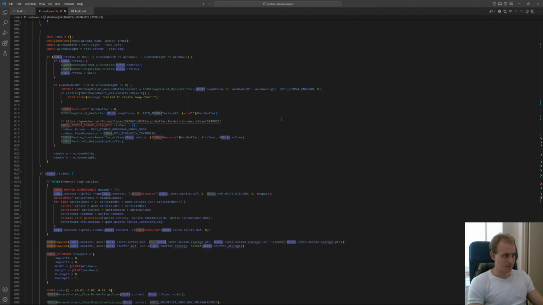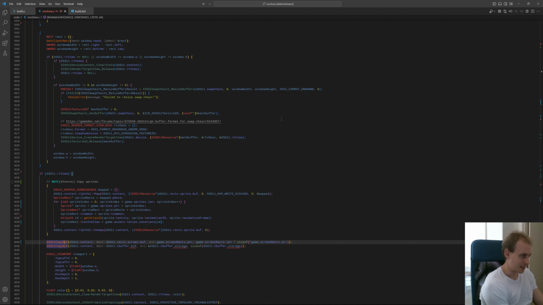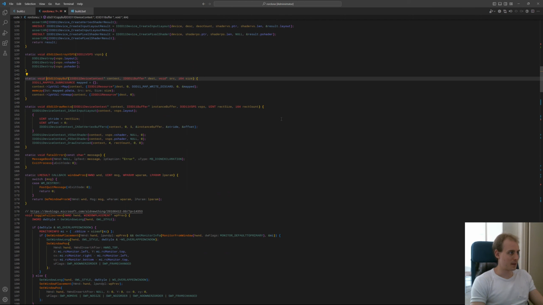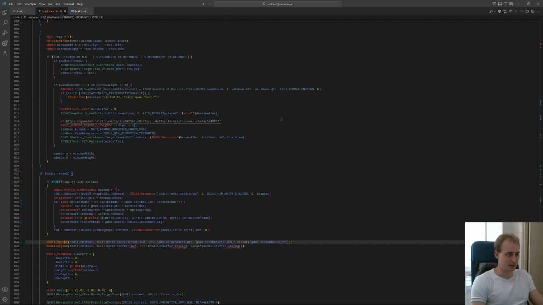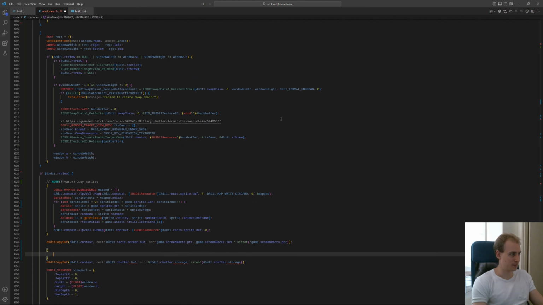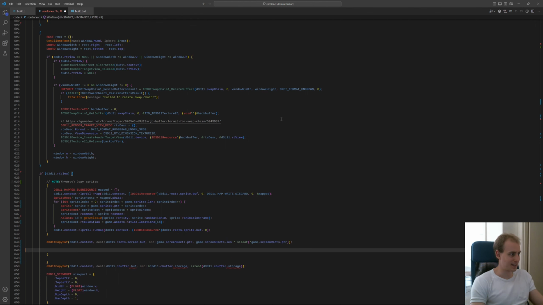Yes, so this is actually game screen rect. And this copy buffer is not gonna work this way anymore. Copy buffer, well, it's only gonna work this way for the screen rects, because they're exactly the same. We just map, memcopy, and unmap. Yeah, so this C buffer doesn't do that, actually. Copy sprites, copy screen rects, and then this is